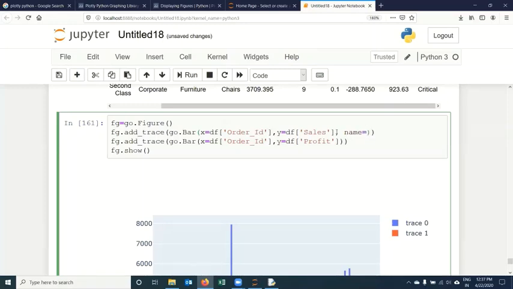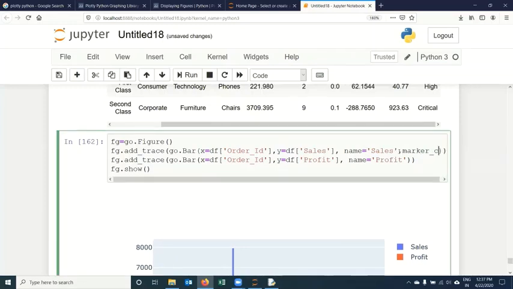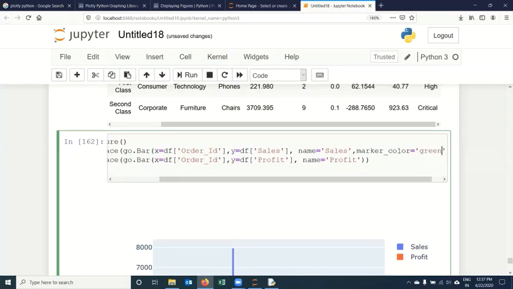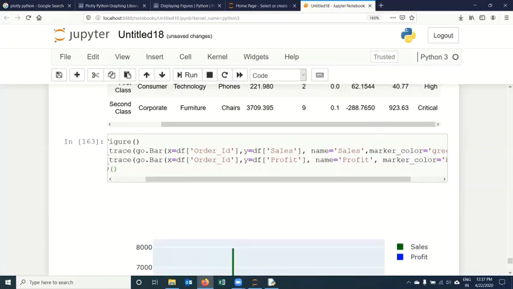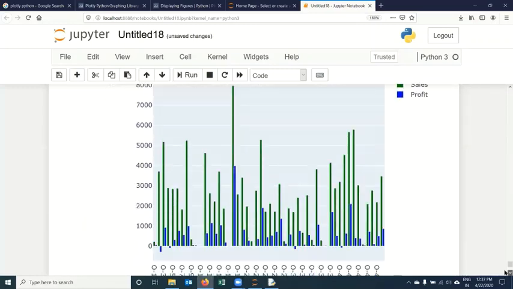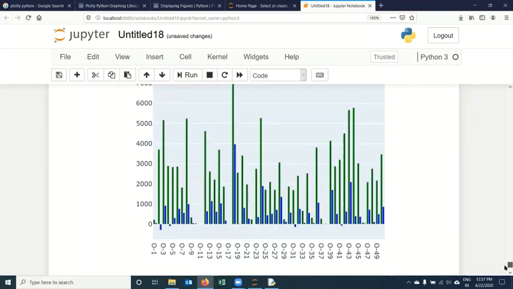Names is similar like labels. I say this is my sales data. This is my profit data. And if you want to control colors, there also we do have option. We call it marker color here. I'll say sales in green or profit in blue. Depending on your case, you can take figure size and all you can increase as you